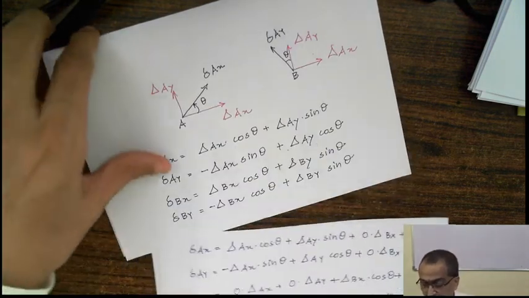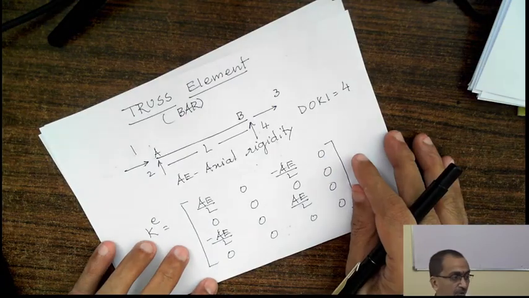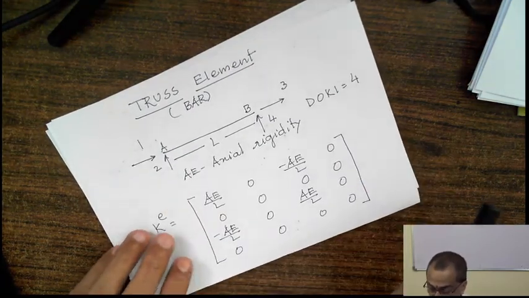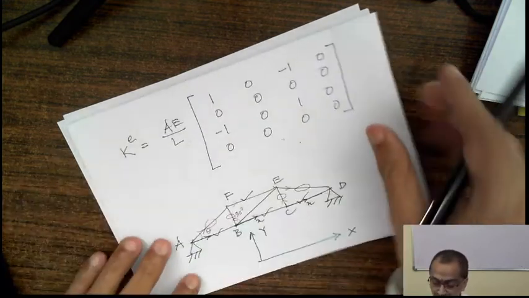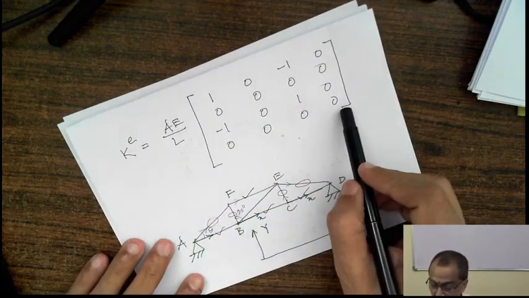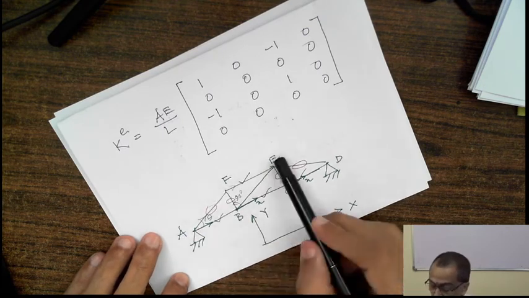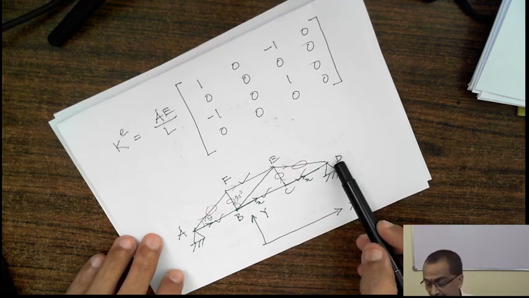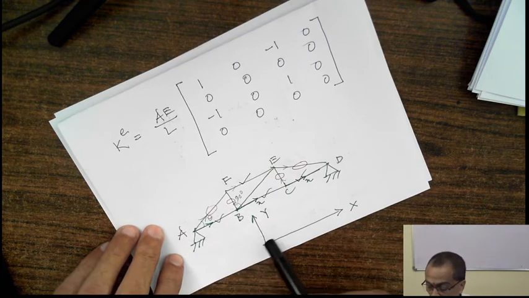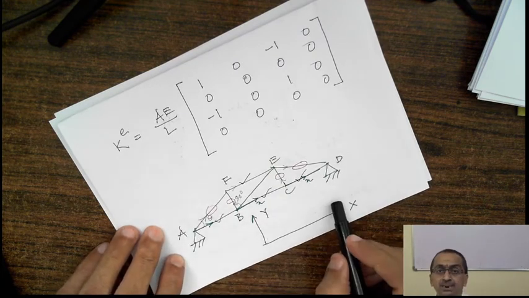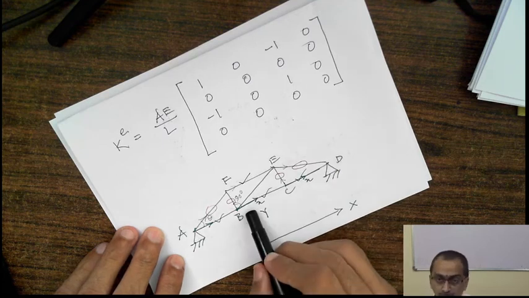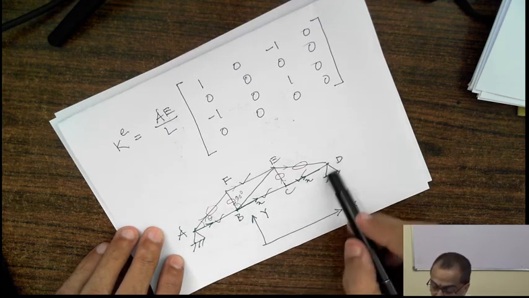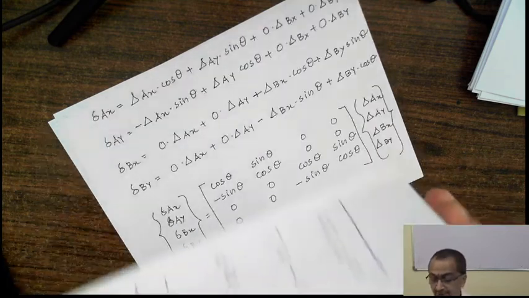I am giving you one revision. Why we did not require the transformation matrices in case of beam element, because all the elements were oriented in global x direction. This was the truss element stiffness matrix, which we have reduced like this. But we have seen in truss, the elements can be oriented in various directions. We need to bring them all on one common platform, that is global direction. If this is global x, global y, it is not necessary that all the truss elements will be oriented in global x and global y direction. For that, we need to write the transformation matrix.